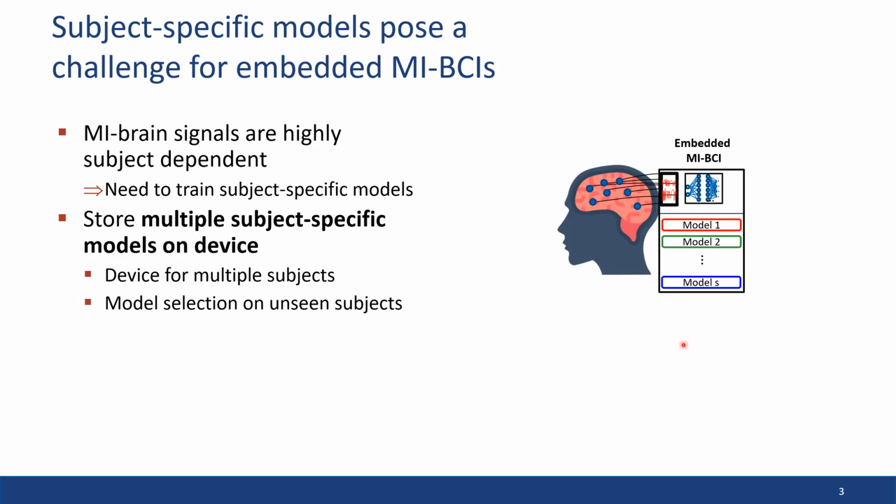Moreover, when having multiple models directly on my embedded MI-BCI, I have the ability to reduce the calibration time. So maybe I get a new 9th friend, who also wants to use my MI-BCI, and we simply do together a short or small amount of training calibration measurements. And based on that, we can, for example, select the best fitting model and apply that model for the new 9th friend. However, of course, what we will end up with is running into capacity issues in terms of the